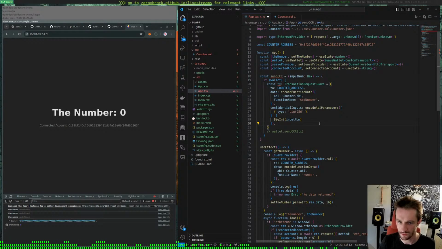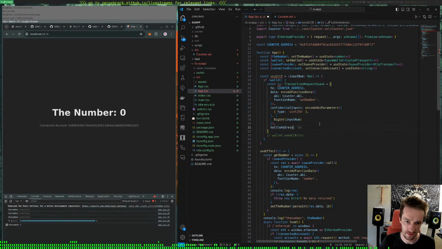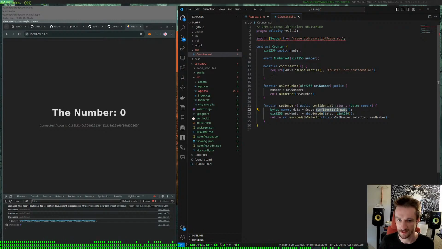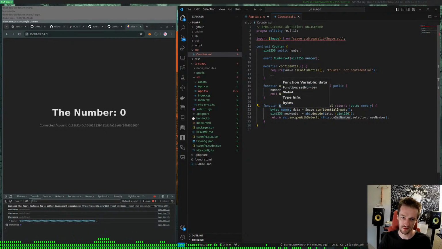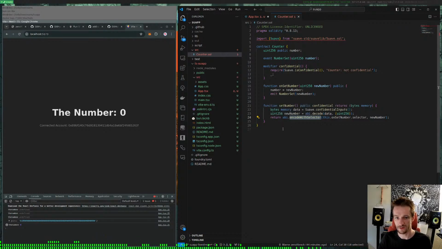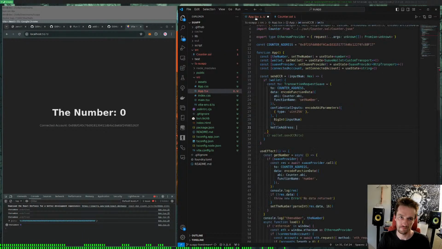Okay, so we got our confidential input. We need the kettle address in CCR. This is basically like an account in SUAVE that is responsible for sending this. It actually sends the callback. So when you call this set number function from CCR, you're calling this function and returning this, and then the kettle account is going to take this call data, and it is actually calling this onSetNumber function. Anyways,